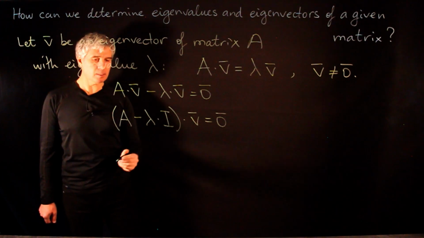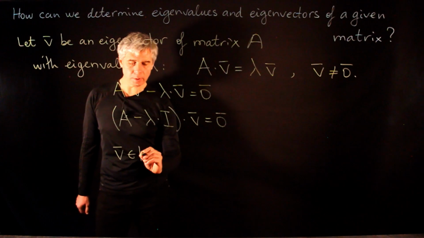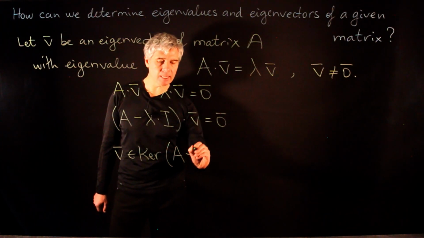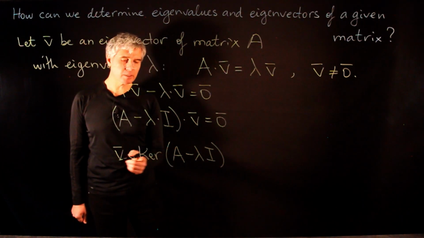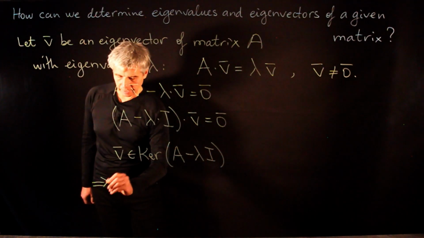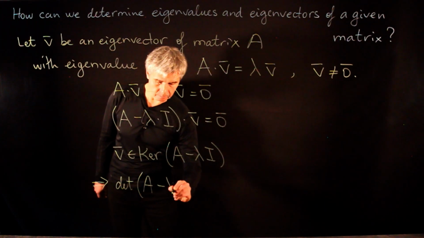And this says that the vector V belongs to the kernel of the operator A minus lambda I. If we have a non-zero vector in the kernel of a matrix, this implies that the determinant of this matrix